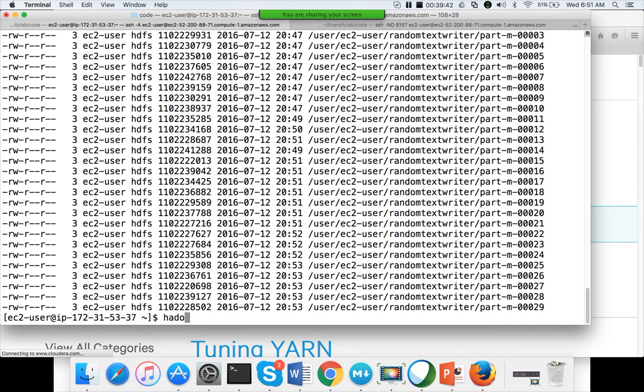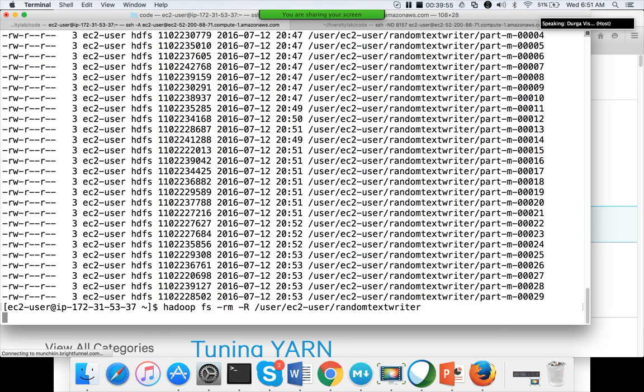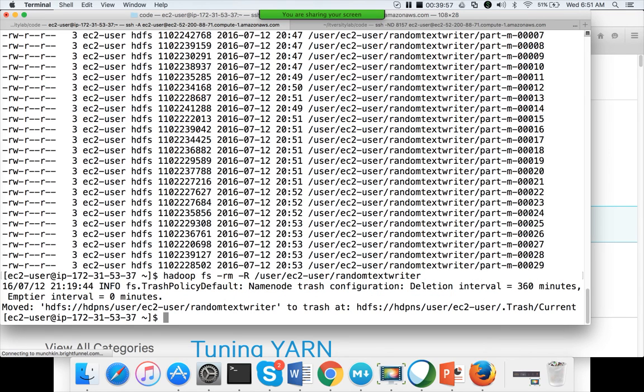First let me delete that directory which is taking a lot of storage. In production clusters, you can run the random text writer job to generate random text. It will test the cluster effectively, but after that you should terminate it or delete the directory, because it generates 10 GB for each node.